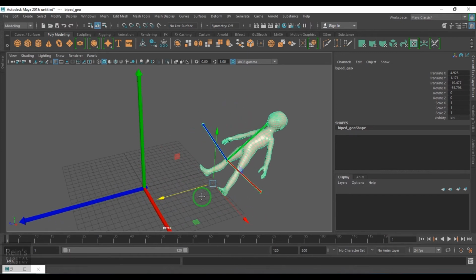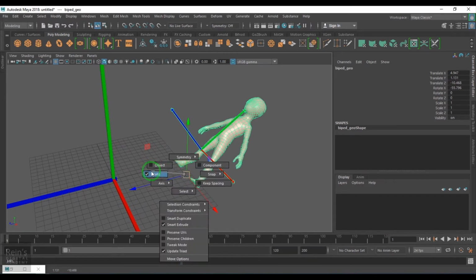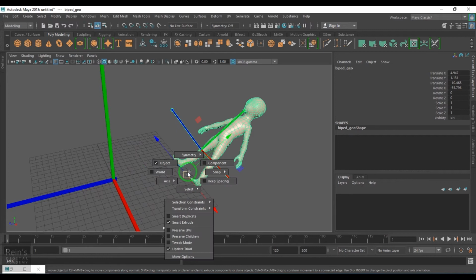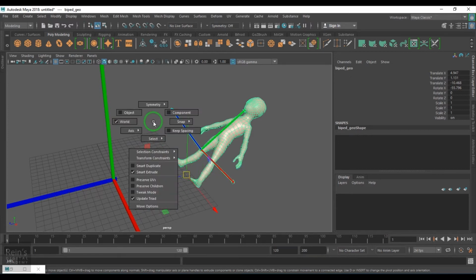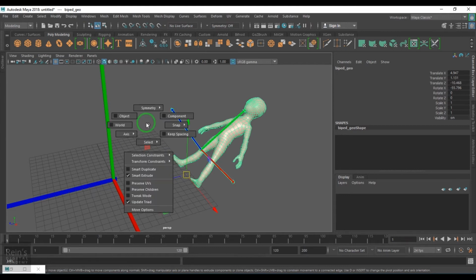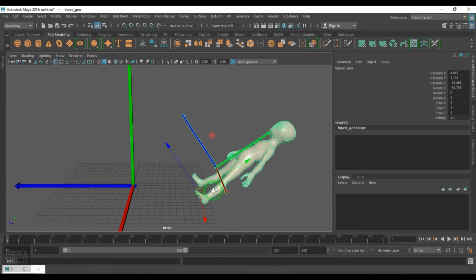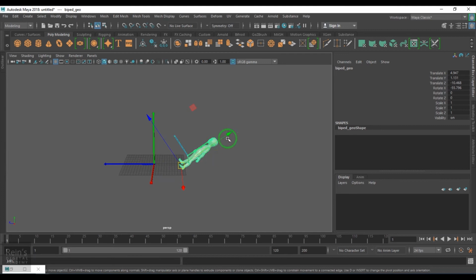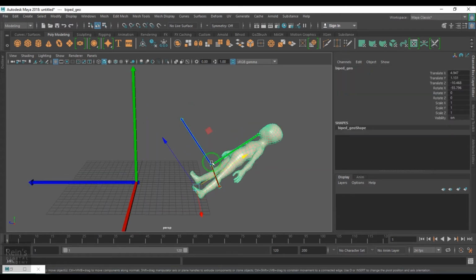Now if I change the move tool manipulator from world to object, I'm changing that just by pressing W on the keyboard and the left mouse button. Then you get this marking menu where you can switch between world and object. So now if I change the manipulator here, the move tool's y is facing towards the character's y, not the world y. You can see there is a manipulator here which is helping us.